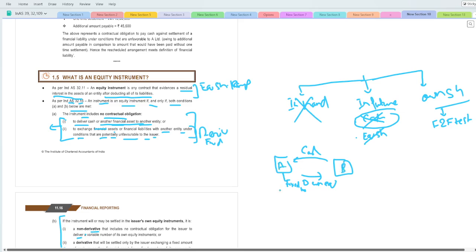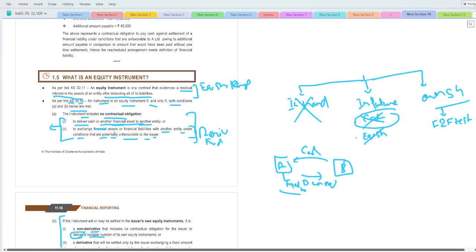So for A limited, we have already discussed this yesterday, but I am just repeating. This is a non-derivative instrument. The example will come later on also. For the non-derivative, you need to deliver. This is the main thing. Similarly for the financial liability also, it is a deliver, where in the financial liability it will be a variable number of own shares. But for the equity instrument, it should be a fixed number of shares. So this is the change from the financial liability to your equity instrument.